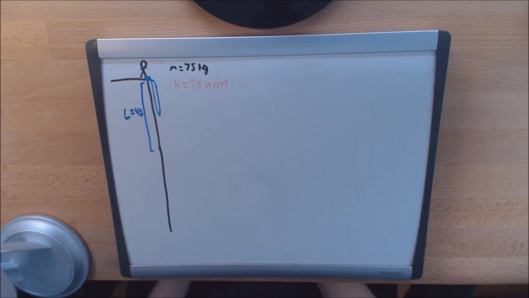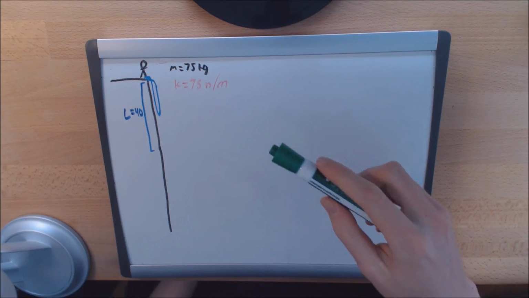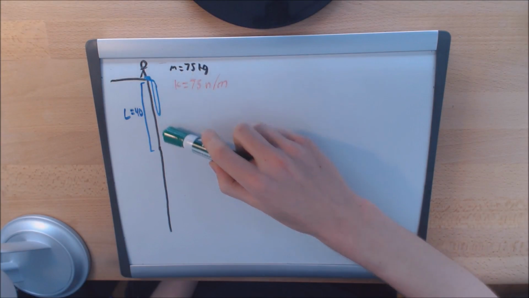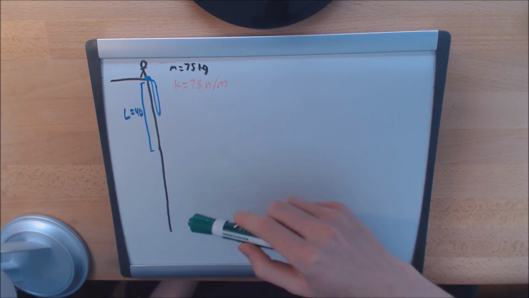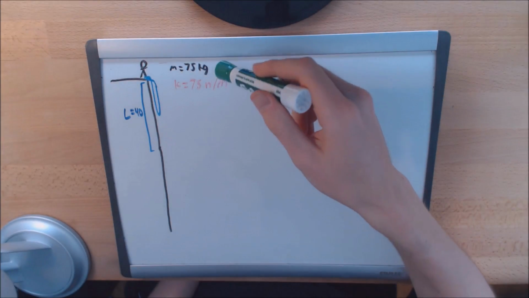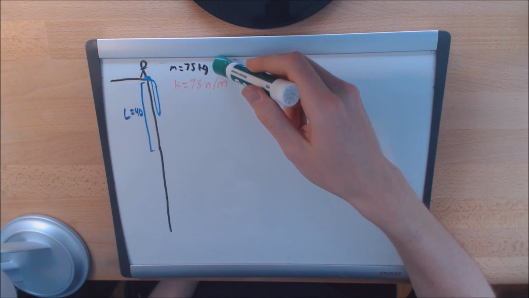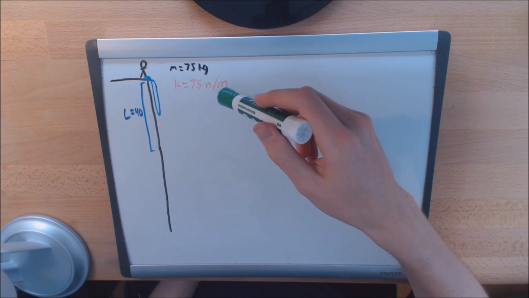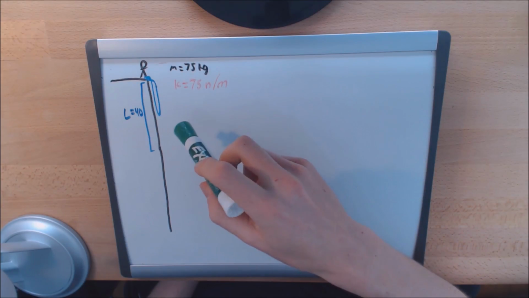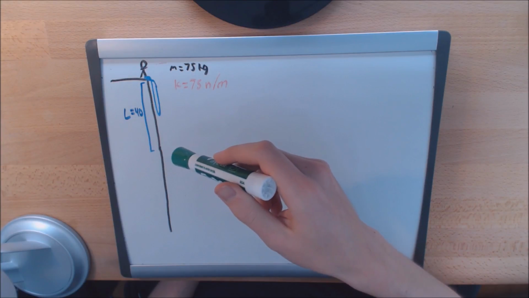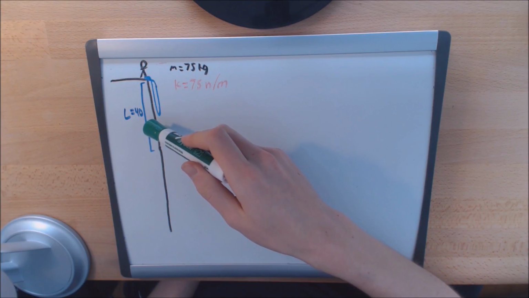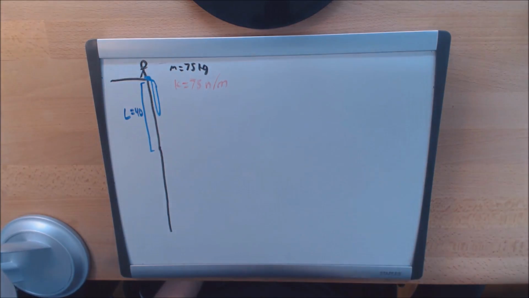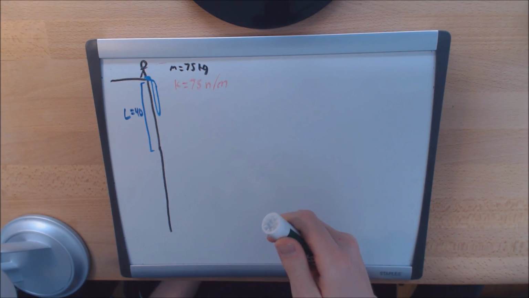Alright, so this is the bungee assessment. In this situation, we have a guy bungee jumping down a cliff. His mass is 75 kilograms. The spring constant of the bungee cord is 75 newtons per meter. The rest length of the bungee cord is 40 meters. The first question we have